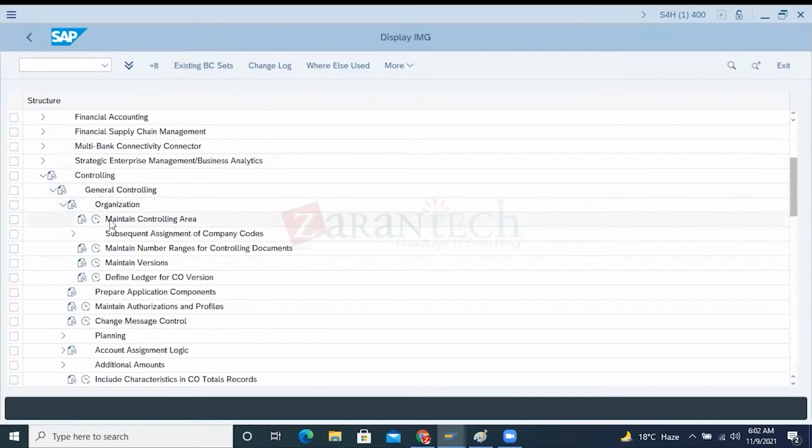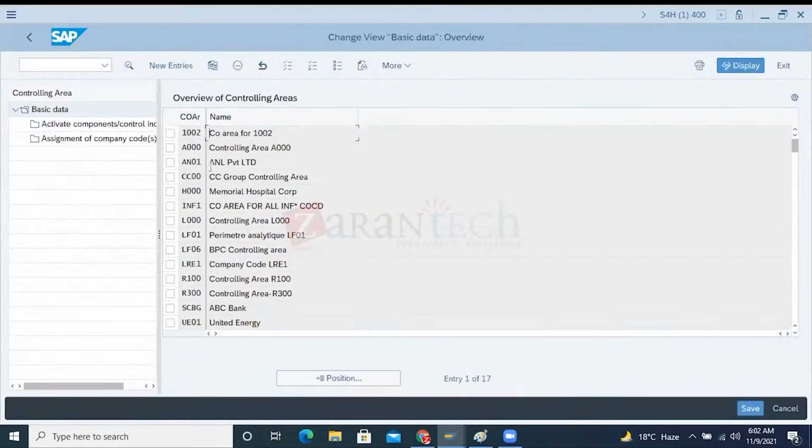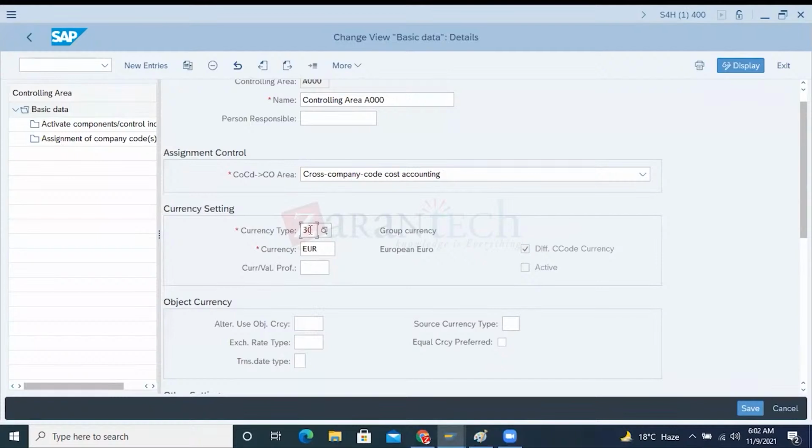I hope everybody is in sync with me. Okay, so this is the controlling area we discussed, and the controlling area currency and everything. For example, this is the controlling area. You can see here, what is this 30? 30 is called the group currency, but when it comes to the universal general entry, this 30 is also called as